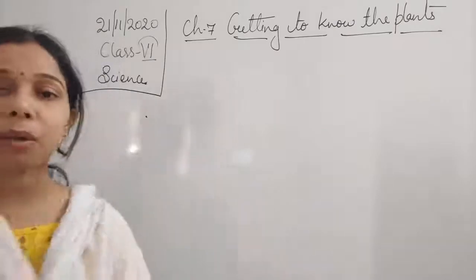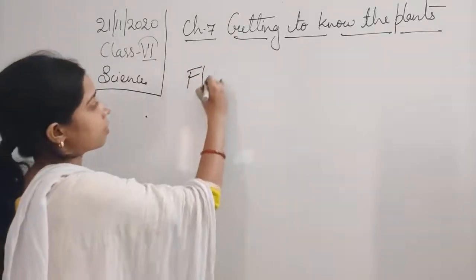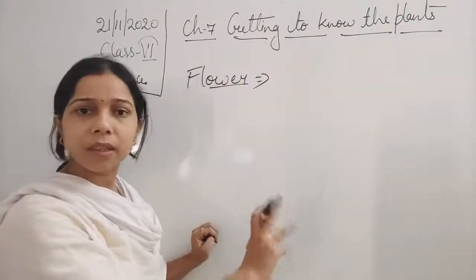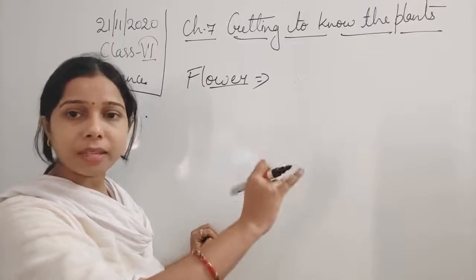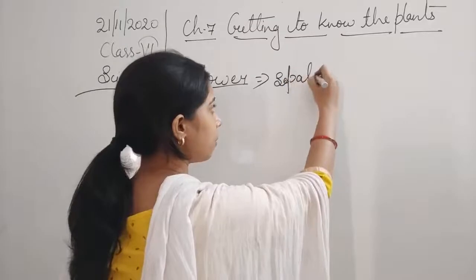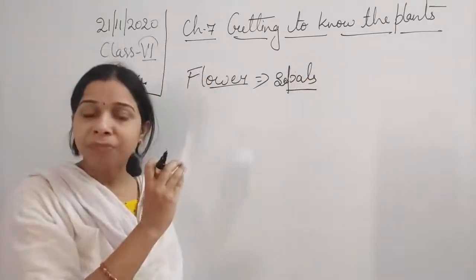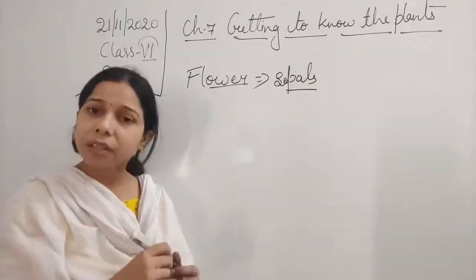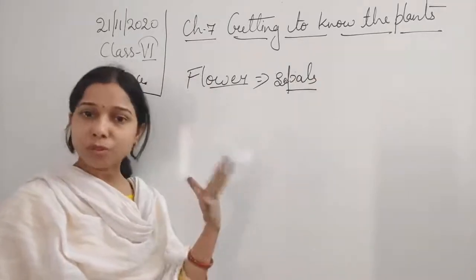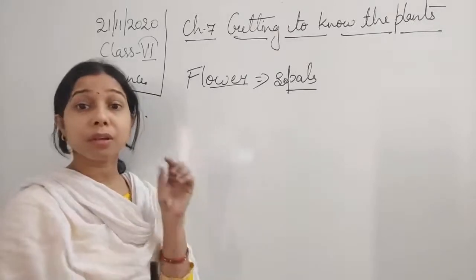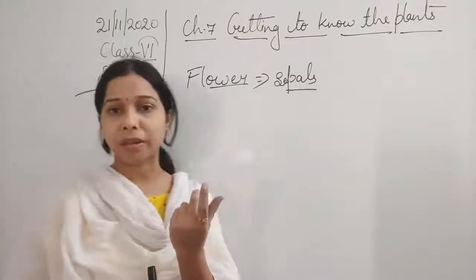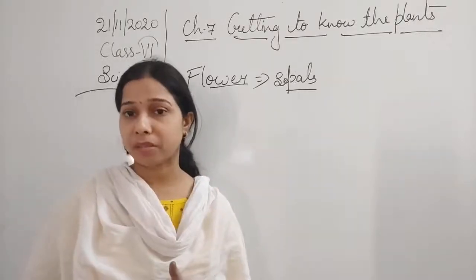If we talk about the flower, students, you see that the flower consists of four parts. Continuously we are saying that a sepal is there, petal is there, stamen is there and pistil is there. Sepals are the green part present around the bud when the flower is at the bud stage. Even when the bud blooms into a flower, you will see the green sepals present at the base of the petals, students.